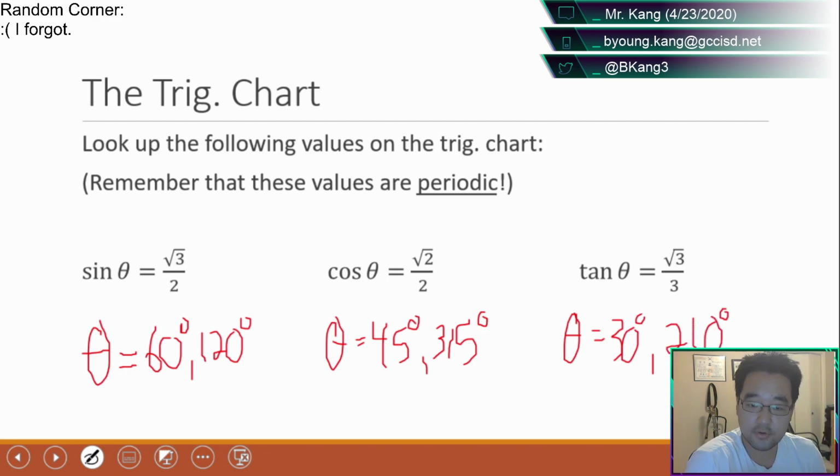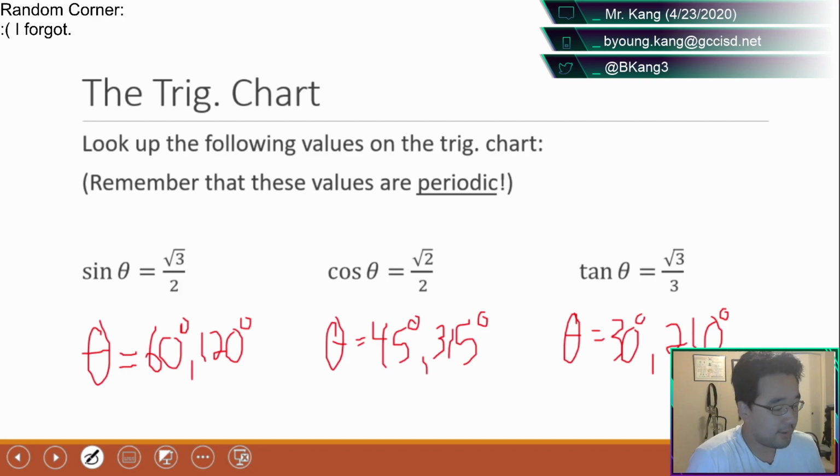If you're doing these problems correctly, this process of looking up one of those values on your trig chart should be one of the very last steps you do in the problem. For the entire rest of the lecture, there's going to be some numbers around the outside. We're going to use our algebra knowledge, because we did it all last semester. We're going to try to isolate the sine, cosine, or tangent. And we're not using cosecant, secant, cotangent. So sine, cosine, tangent, I'm going to find one of them, isolate it, look up the value on the trig chart, and then possibly do an answer after that.